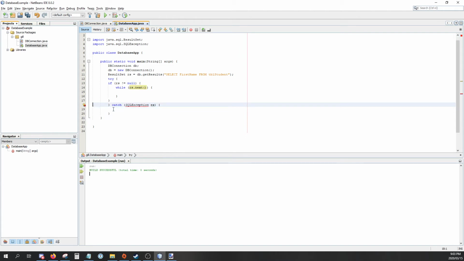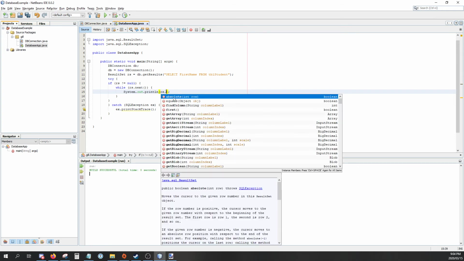Which means we'll need to import that, and let's just print the stack trace for now. Cool. Right, so while rs.next, basically what this is going to do is rs.next moves to the next row if there is a next row, and if there isn't, it returns false. So this is just going to loop through everything, and we'll just print out